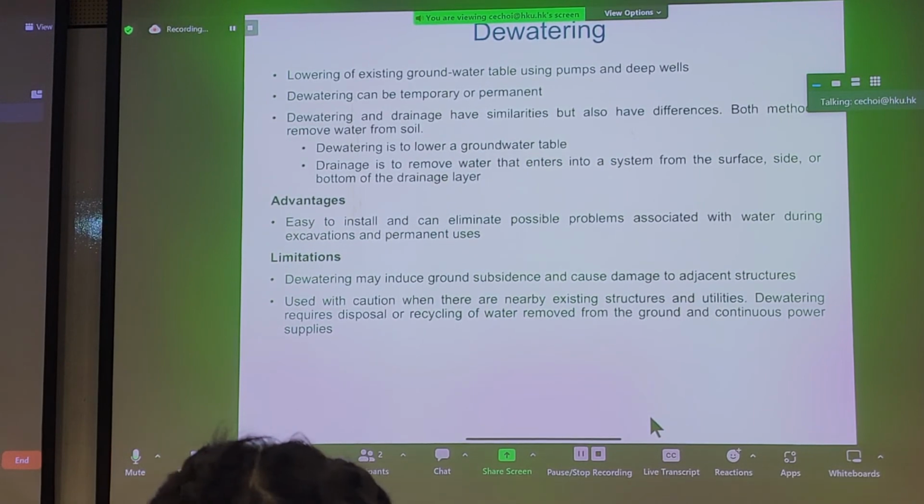Limitations. This is a common problem with dewatering. You need to carry out sensitivity analysis. For some of your FYP projects, I remember on Friday, one of our industrial tutors asked whether you calculate the subsidence outside of your cofferdam. Well, often,